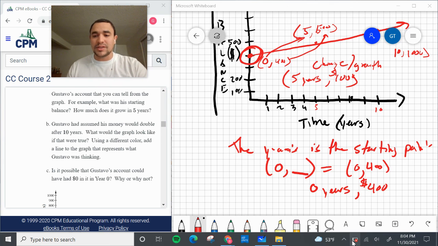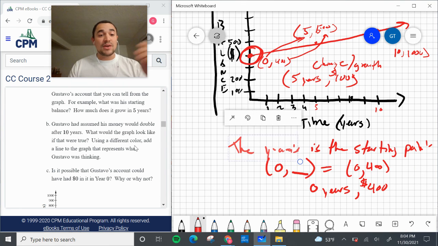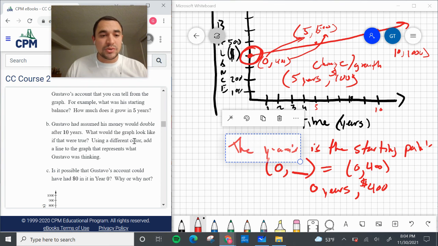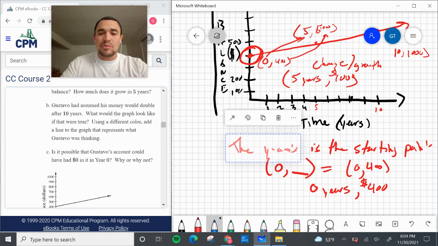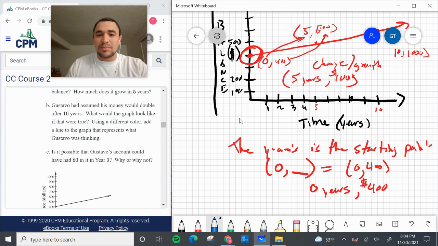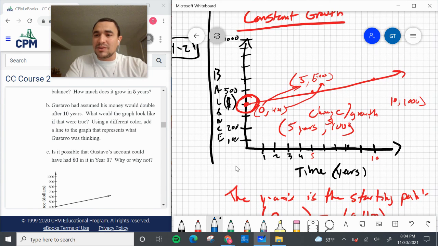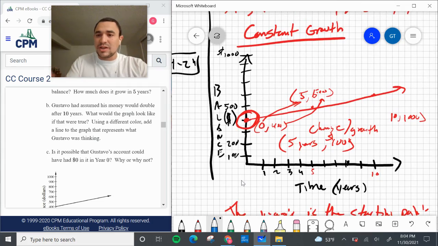I'm really hoping I can speed this up. I'm at 5%. I really got to speed things up. So what we're going to do next is Gustavo had assumed his money would double after 10 years. What would the graph look like if that were true? Well, if that was true and it was going to double in 10 years, well, that means it would be at $1,000. So we're going to go ahead and take that